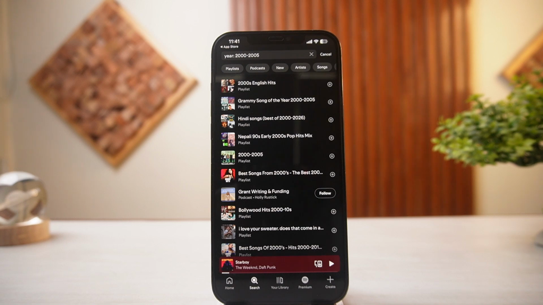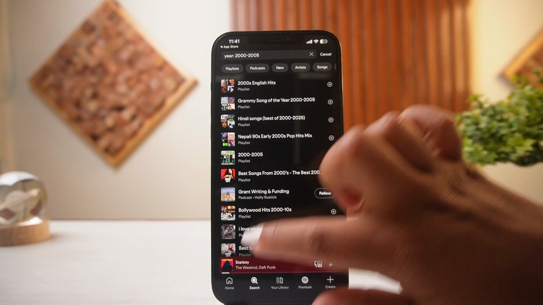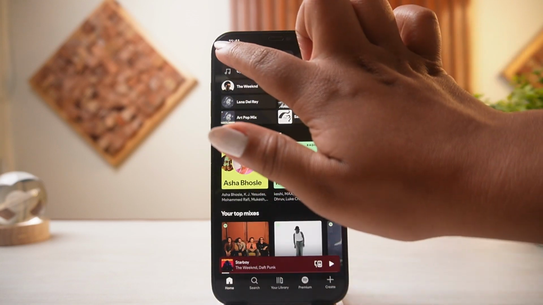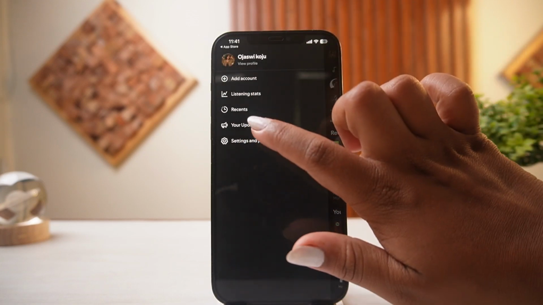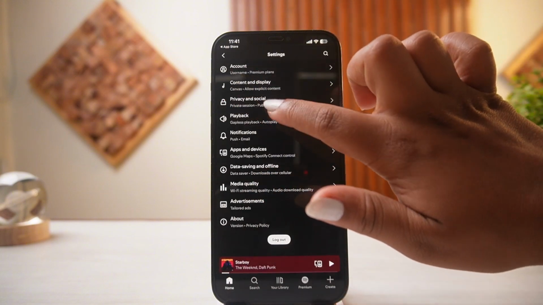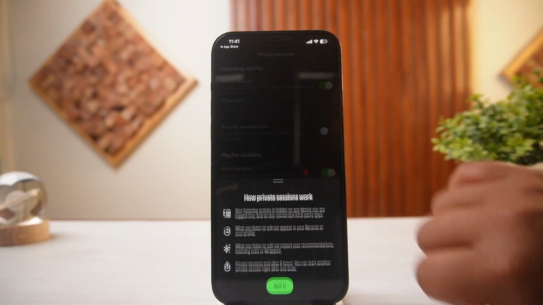So the second one would be enabling your private session. So for that, what we're going to do is get to the home page and then tap on the profile icon on the top left corner. Then from here, tap on settings and privacy, tap on privacy and social, and in here enable this private session,